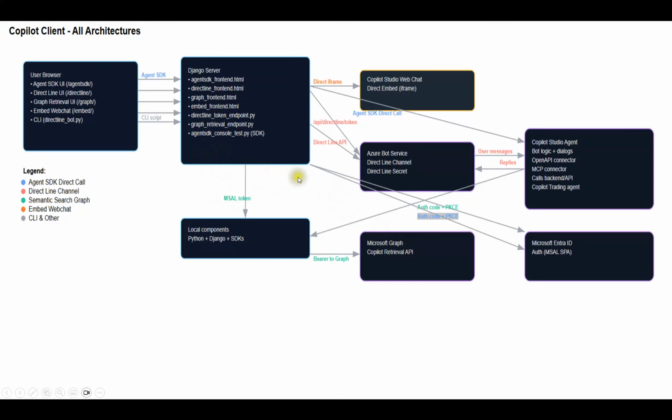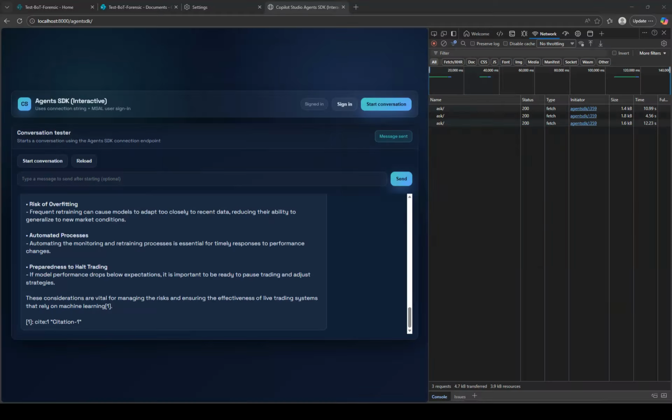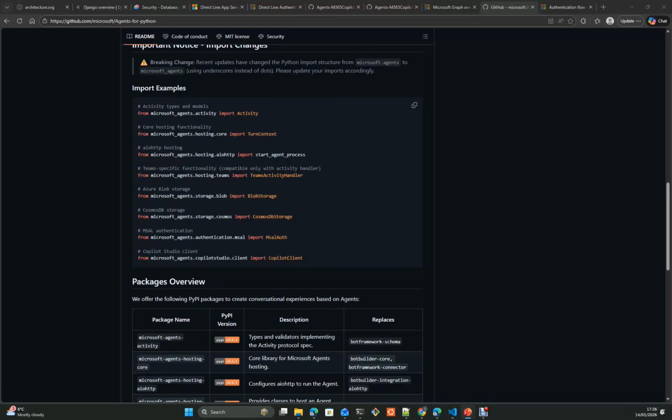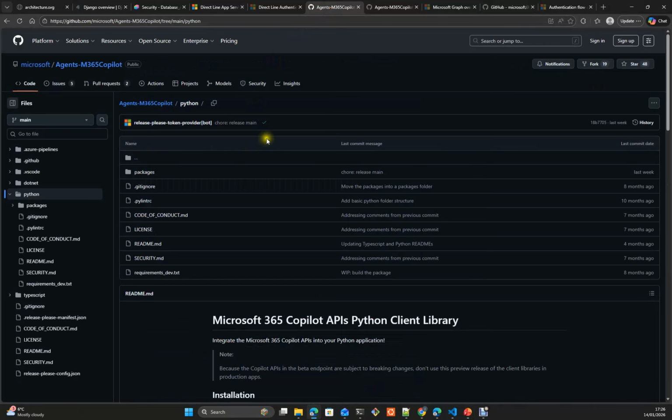Here we are going to use as well the authentication, the same authentication I use in the agent SDK direct call, and once we are authenticated using the Microsoft Authentication Library token, the one that we are getting here, we go to the Microsoft API and we can use the Copilot Retrieval API. This access as well allow us, let me show you, I think I have it here, I mentioned you some moments ago, is this API, and essentially we are using here